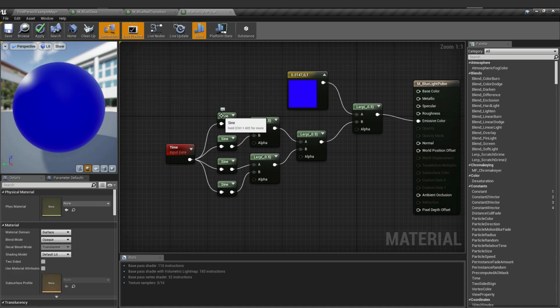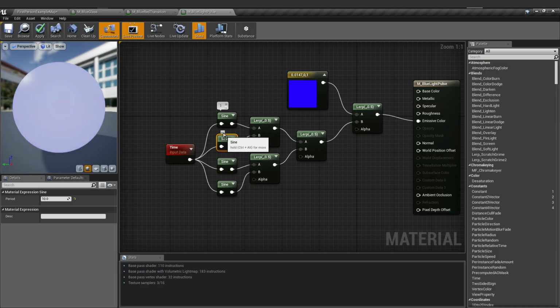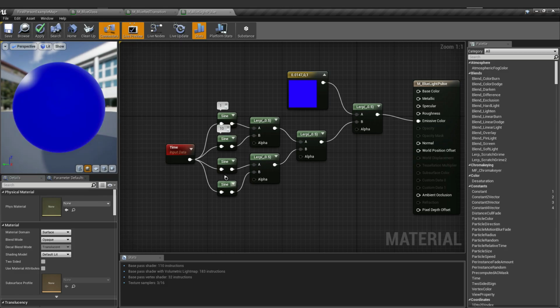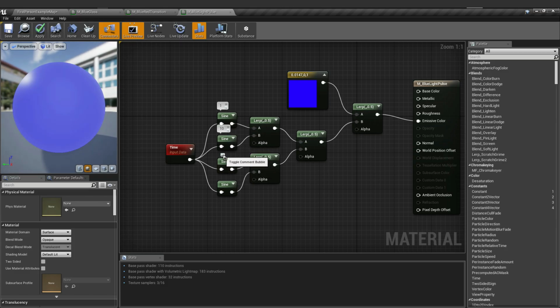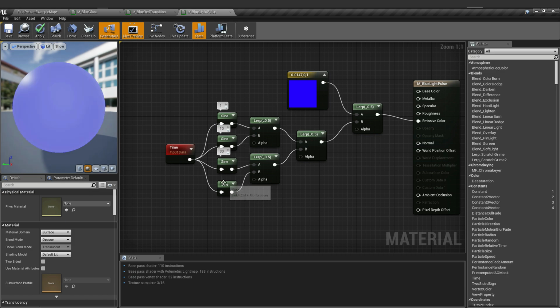So maybe we add some comment bubbles here to make it quickly visible that this sine is equal to 1 and this one is equal to 10. So just a little organization for our nodes.